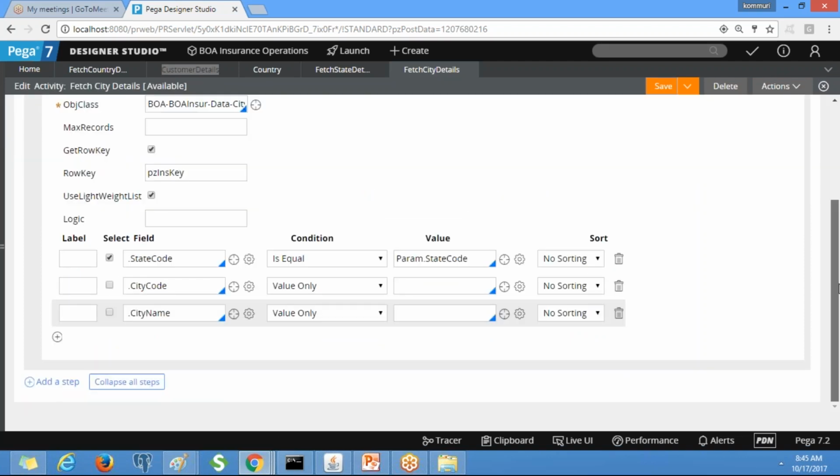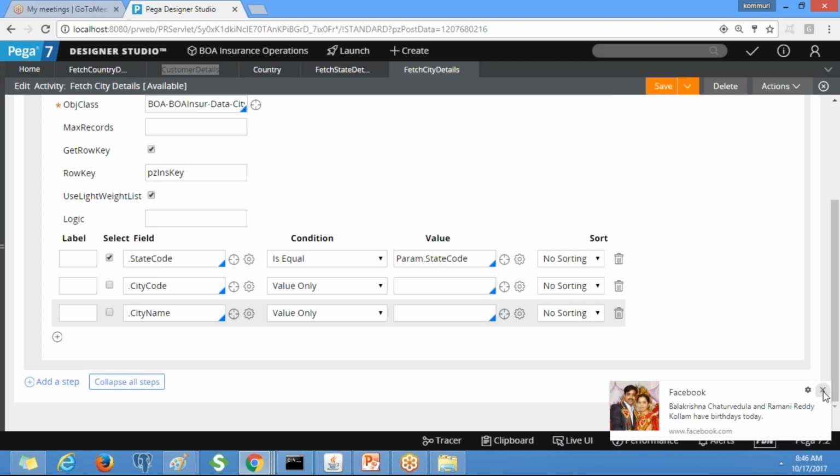We have defined parameters in the state details activity and the city details activity. Wherever you reference these activities, at that time it expects a parameter value. Clear? So where have we referenced these activities? Where have we called these activities?